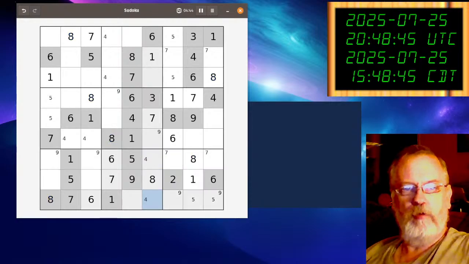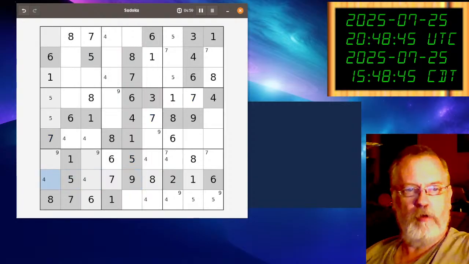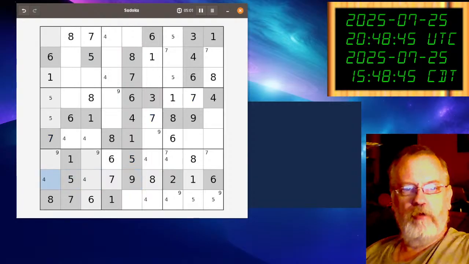That means I've got 2 possibilities here, though. Let's see, anything else? We've got 2 possibilities here, which means I've now got 2 possibilities here. Let's see, those 2,